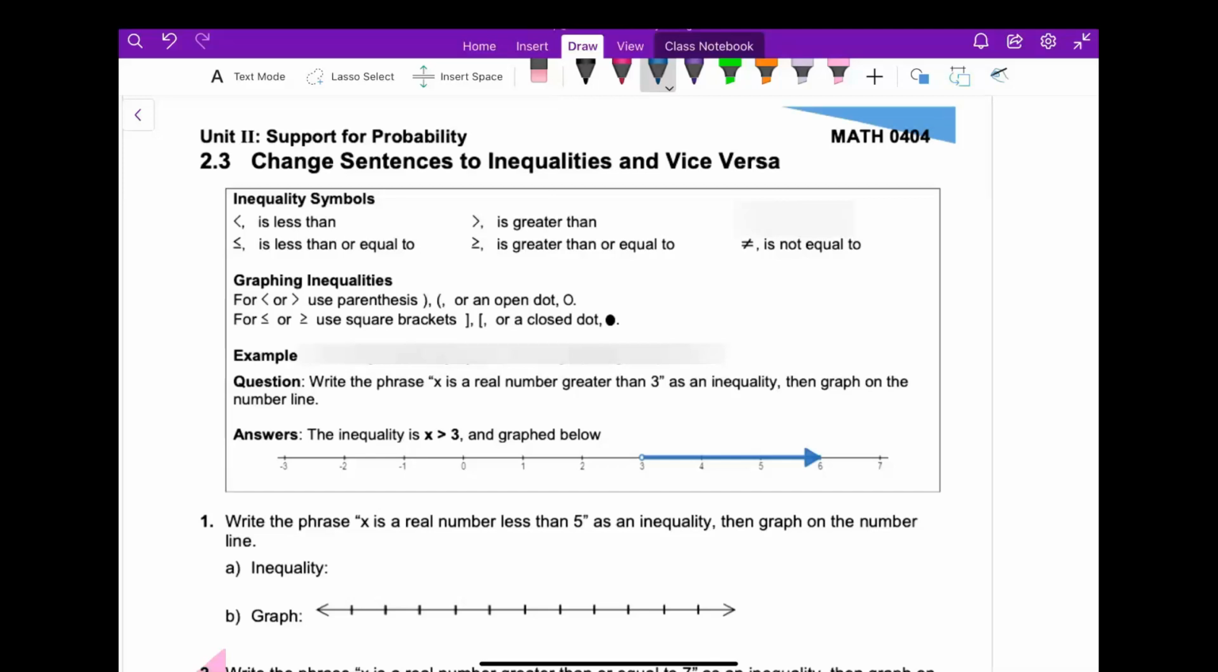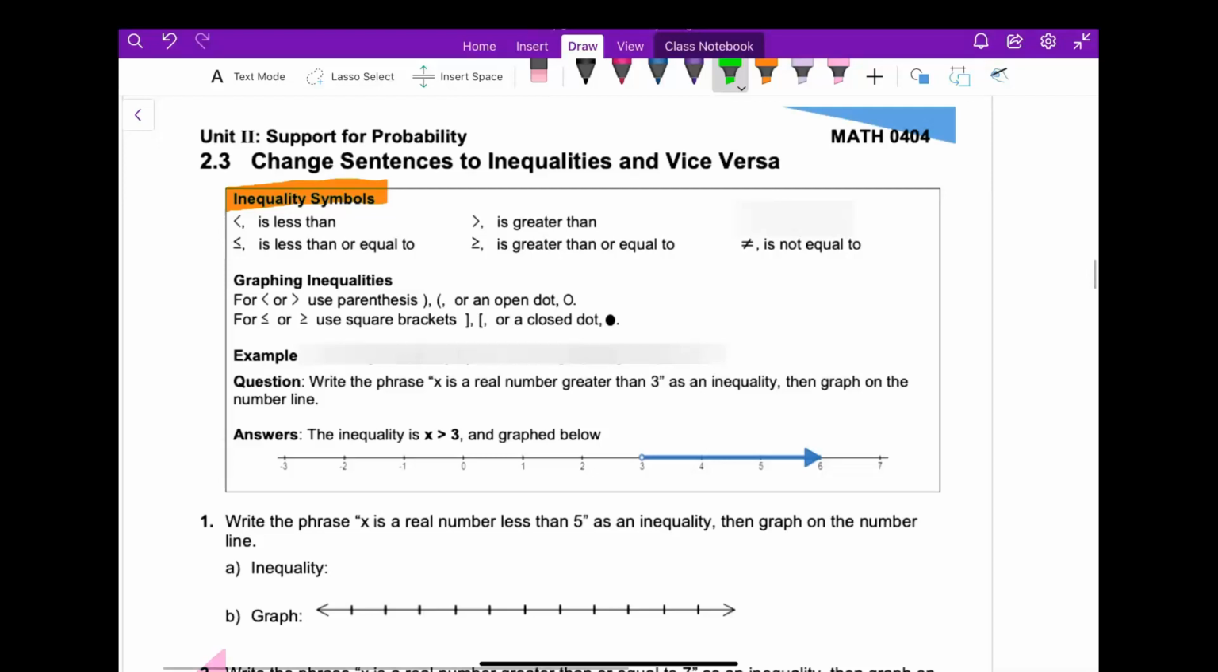Section 2.3, change sentences to inequalities and vice versa. In our previous section, we were learning to use is less than and is greater than. In this section, we're going to further that thought. So, the inequality symbols that we have,